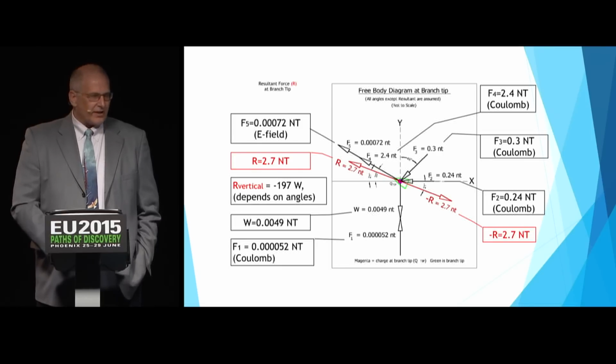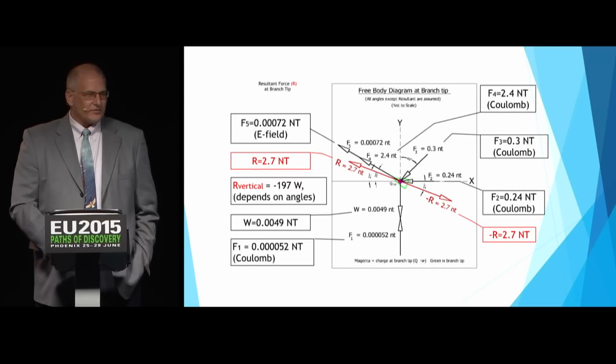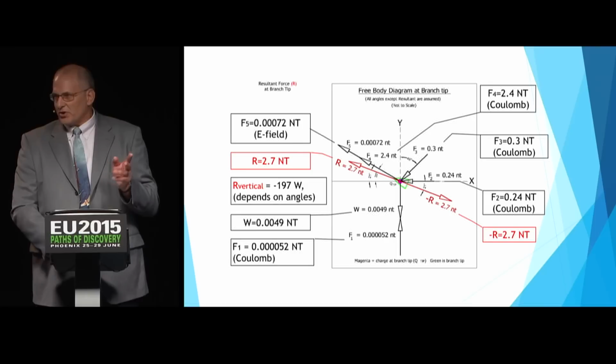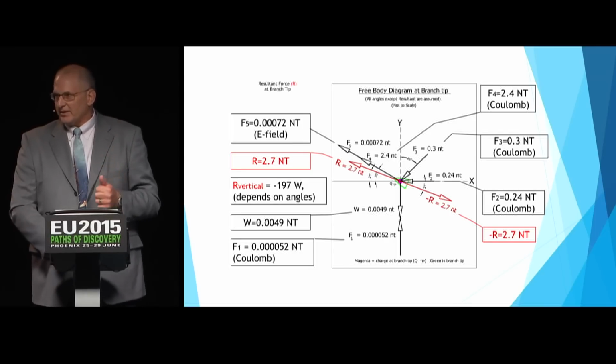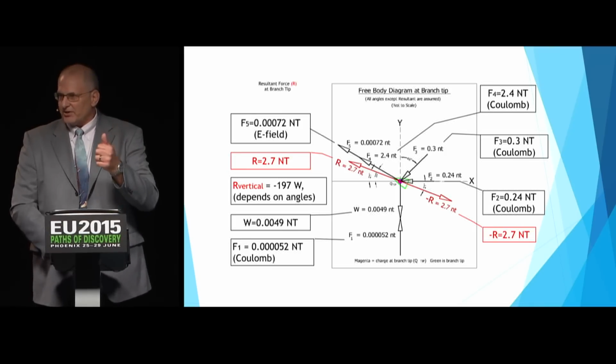Or if I'd taken a branch in the middle of the tree where there's equal forces on each side of it, the resultant force could easily be angling up, farther up. Or taken to the apex of the tree, you can easily see that all those forces would be pushing directly upwards, except for the weight. And this model seems to fit pretty closely what's happening in real plants, real trees.